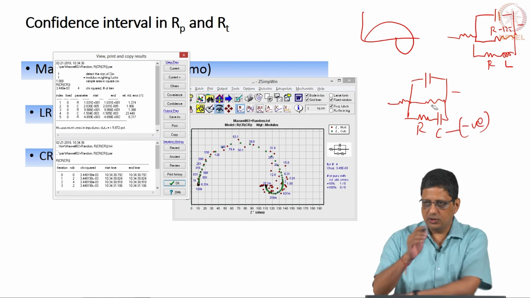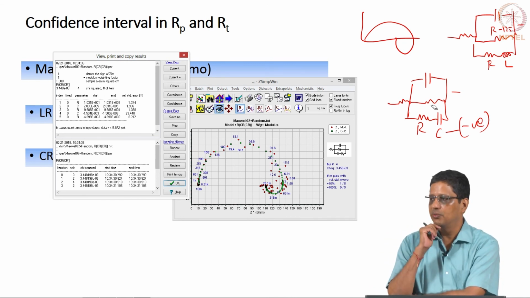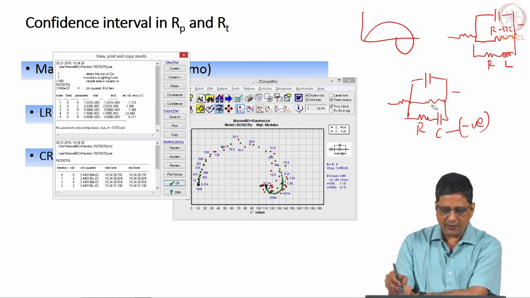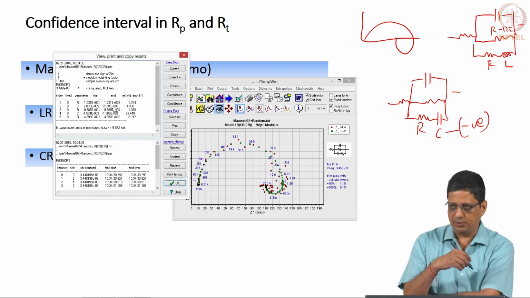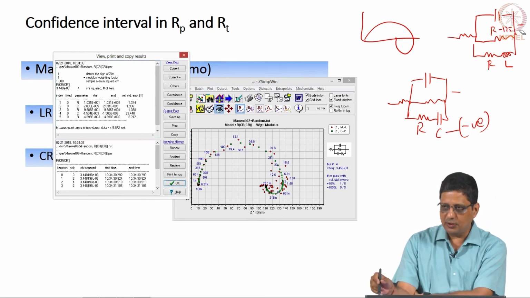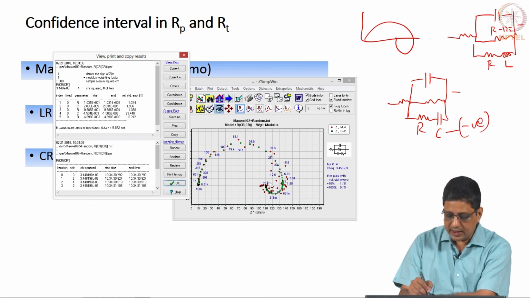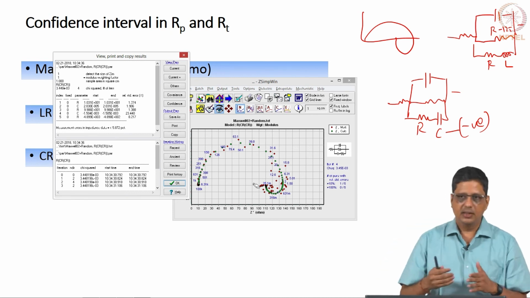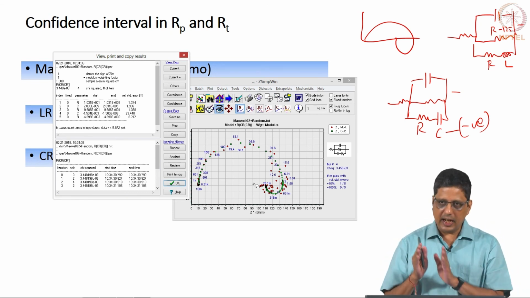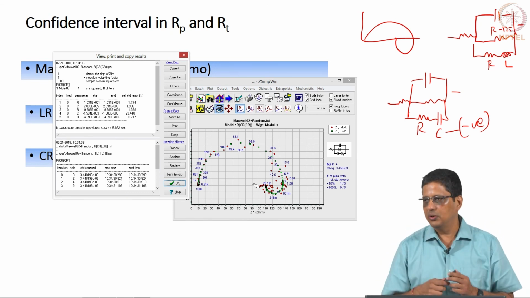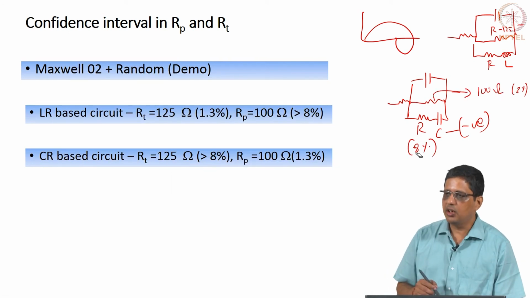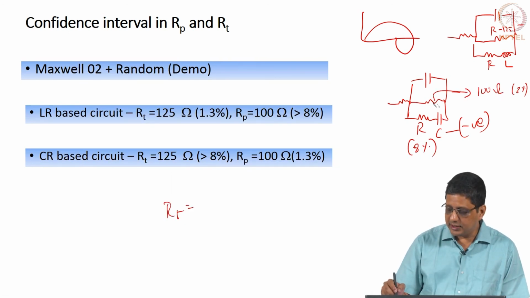The value associated with RP, we have confidence in now. So now we have good confidence in the value of RP. RP is close to 100 ohms, RT was close to 125 ohms. It starts at 10, it hits close to 135 here, that means 125 ohm is RT. It hits close to 110 ohm here, that means 100 ohm is RP. It is not apparent that you have reasonably good confidence in RT and RP, but you will have to use different circuits to get that quickly. If you want to estimate RT from this, effectively at infinite frequency, this is going to be a resistor in parallel with another resistor.